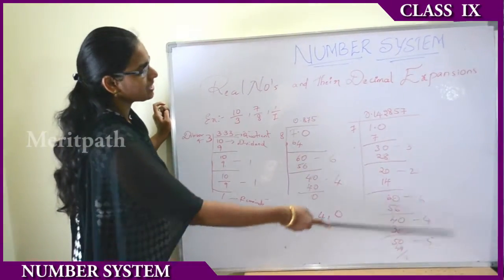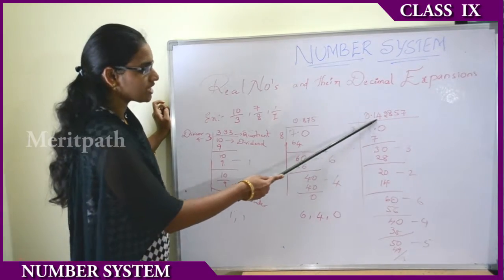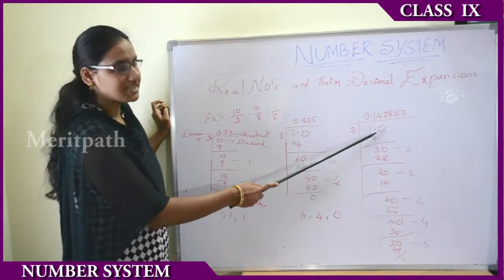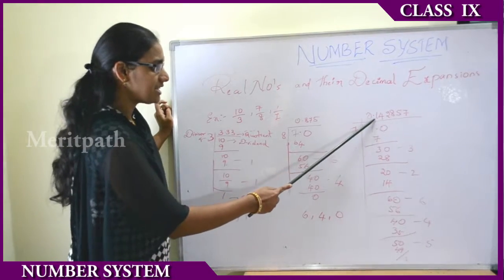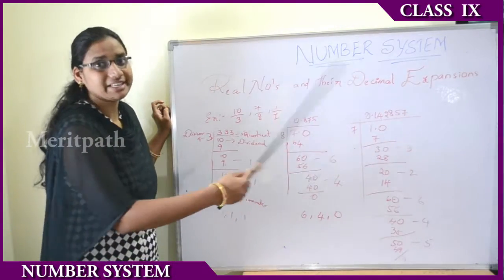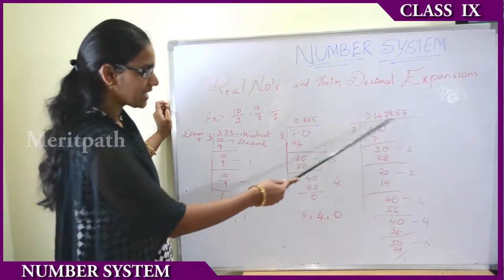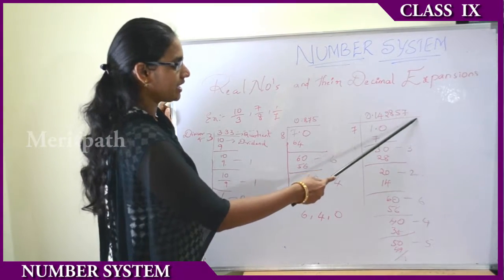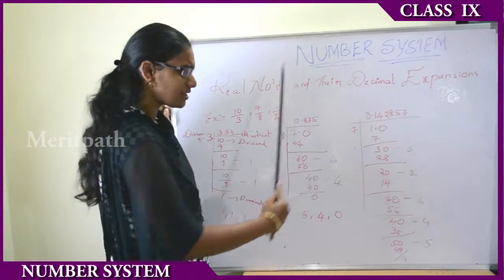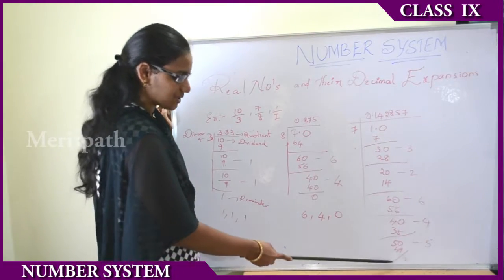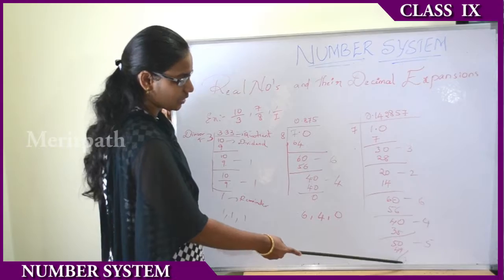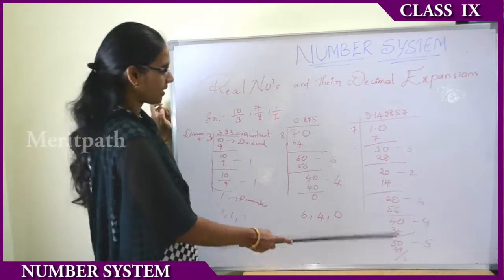Again the same is repeating, which means the quotient we obtained here, 0.142857, these 6 terms are repeating themselves. That is, again we will be getting 1 4 2 8 5 7 and so on. It has no end. That is, it is also not getting the remainder 0 at any cost.